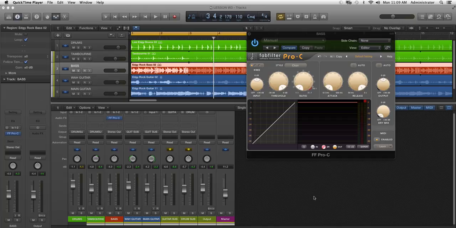My lesson today is about compression. I'm going to demonstrate a specific compressor plugin named Pro C from Fab Filter. Let's see the